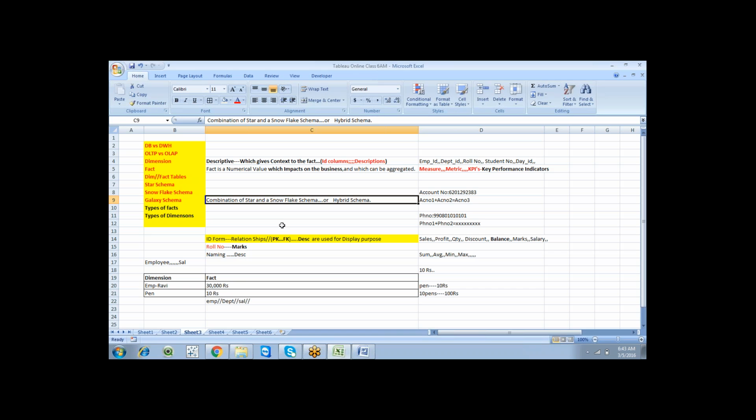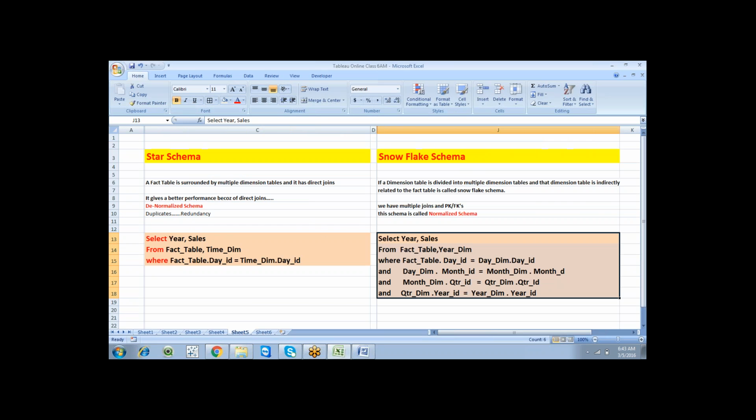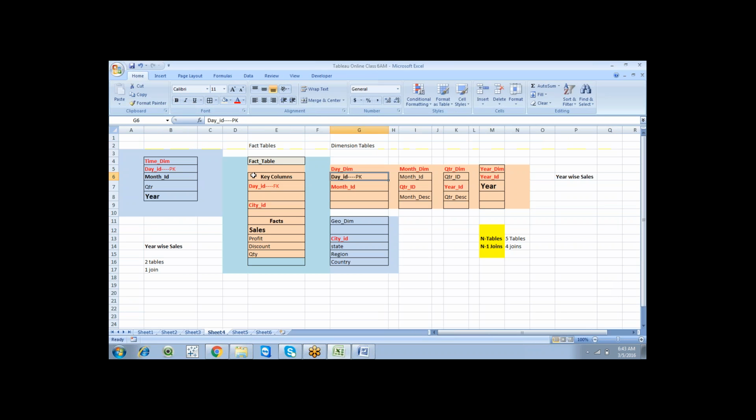Just go through this. This data warehouse concept is very important, and it comes under the data modeling part. Star schema, snowflake schema, or galaxy schema: normally we build a schema based on a simple relationship. This is a snowflake schema, and we do have a star schema. This is a star schema, with direct joins, where one particular table has all the columns. So we can differentiate the snowflake schema from the star schema.